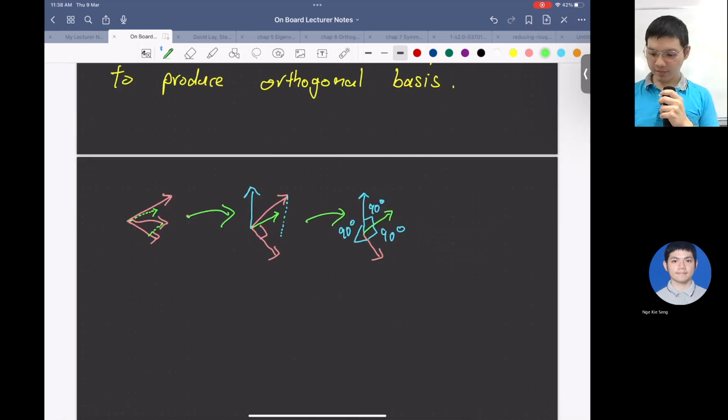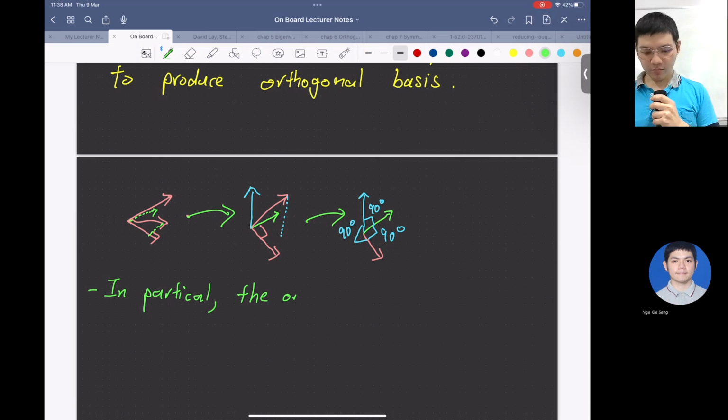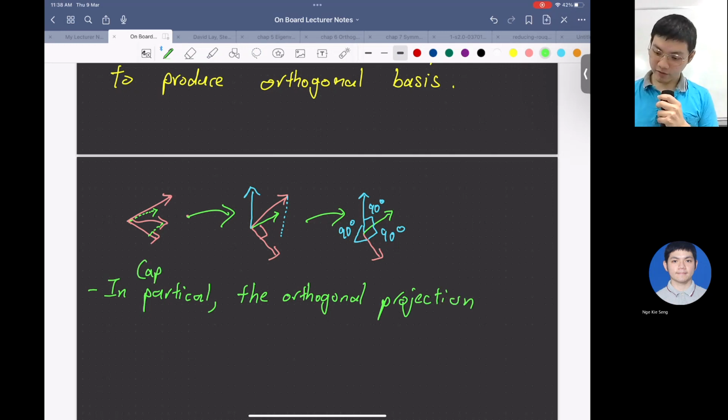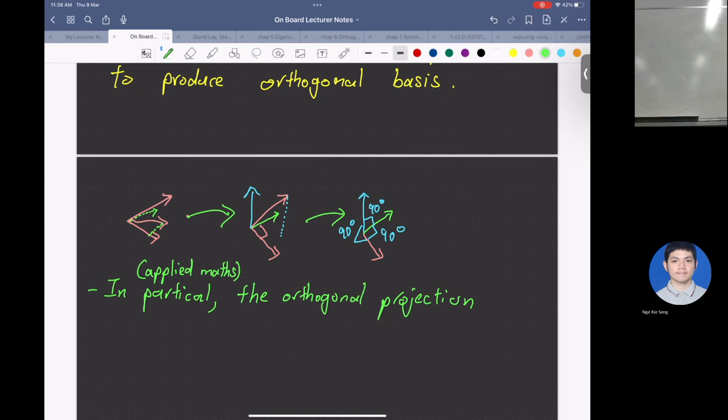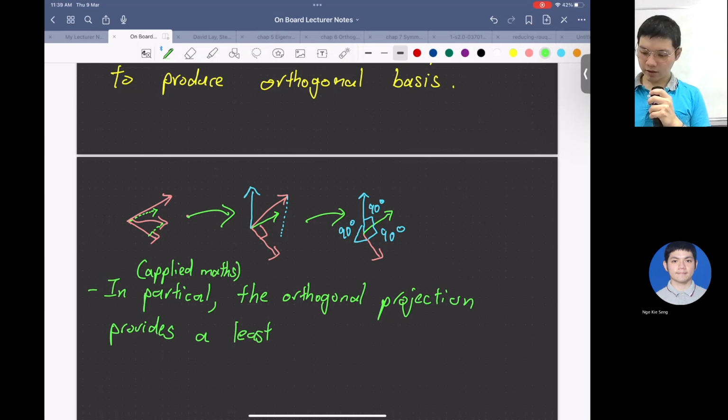In practice, I mean in the applied sense, maybe in some of your work you need the orthogonal projection. You say, hey, I cannot solve this Ax equals b. But I still want to solve it, right? So you find the orthogonal projection first. The orthogonal projection provides a least squares solution. We call it x hat. Don't confuse it with the unit vector; it's a different thing. In an inconsistent system,